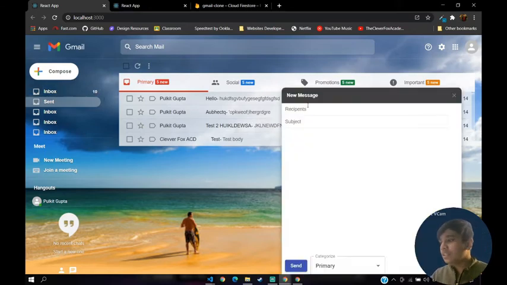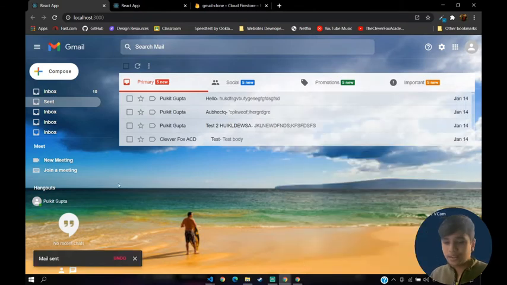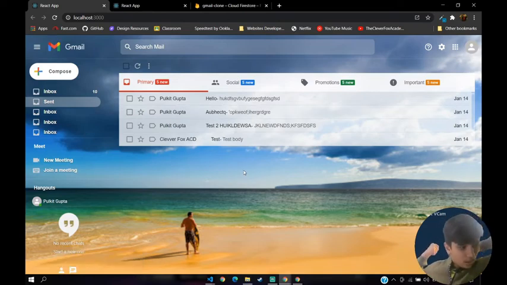To do that, first let's send a mail to anyone with a subject of anything, so that we know it's working. Let's send that. Okay, it's sent now. So let's work on that now. The way we do sent is, first of all, you have to get those sent mails.